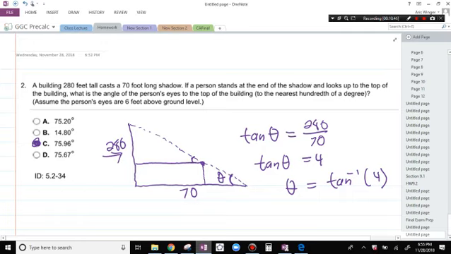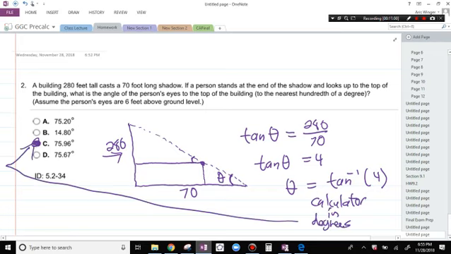Make sure your calculator's in degrees, and there it is. Old school experience. Right, so calculator at this point is the calculator in degrees. Okay. Let me take any questions about this. Triangle, shadow,